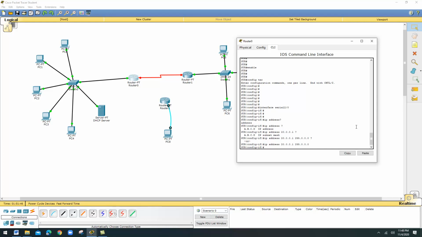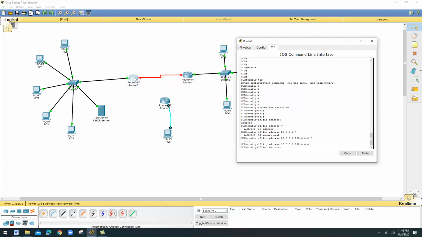Now we have to enable this port. That is the command no shutdown. If you give the no shutdown command, then only your port will be enabled, that particular interface will be enabled. That is called administratively on, you are going to make it on. So now I give no shutdown, and you can see this particular interface. You can make a note and observe it.